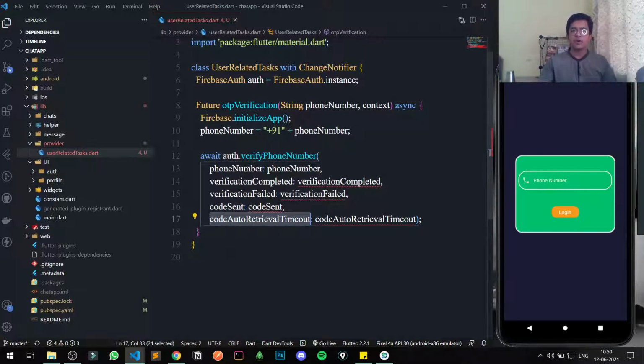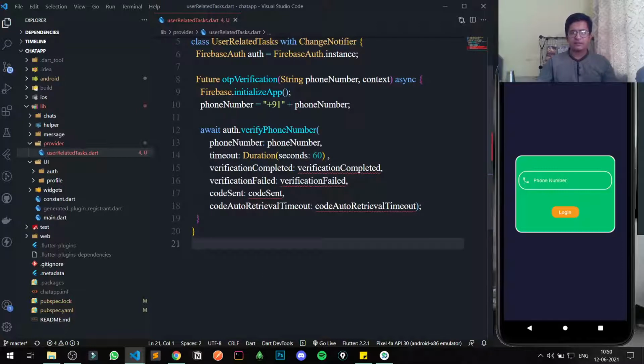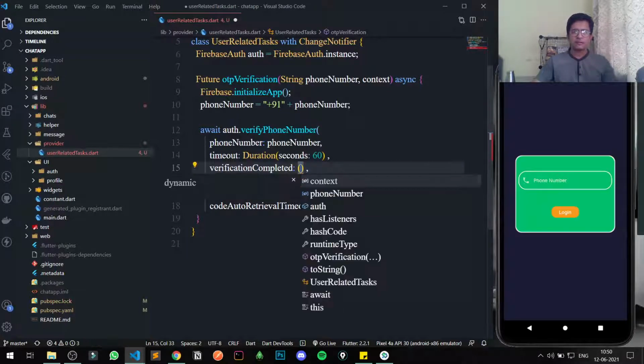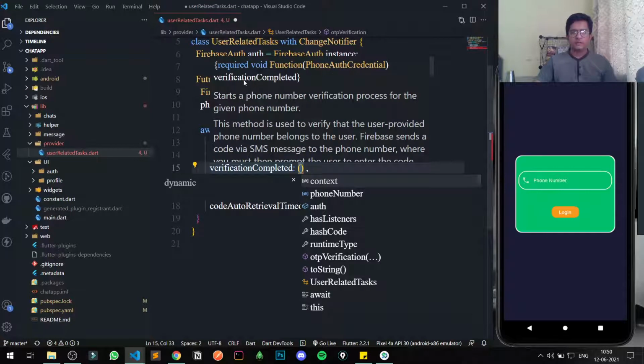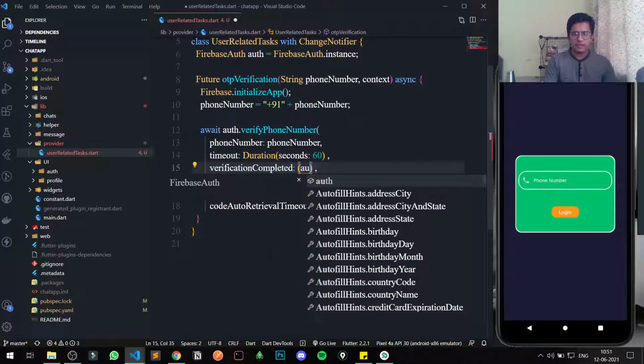And here code auto retrieval timeout, that will be kind of a timeout thing. And also we need to add one more thing, which I guess is timeout. Okay, and here we can specify the maximum time, which is 1 minute, which is 60 seconds, whatever. So here they are all the callbacks. If you hover above it, you can see verification completed. You will get the phone auth credential in return. Okay, so you can specify that auth